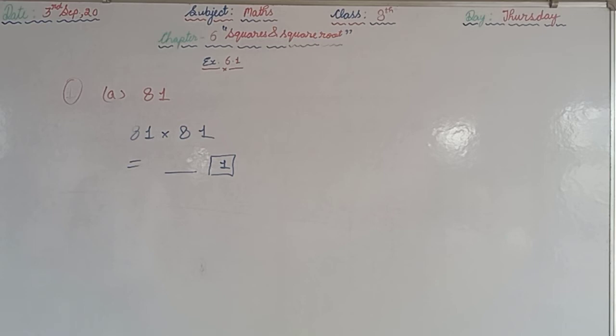In question number 2, why are the given numbers not perfect squares? We will observe the rule that I told you. The numbers ending with these digits are not perfect squares. It is given in the question, but we have to give the reason for that. So I told you the numbers ending with 2, 3, 7 or 8.